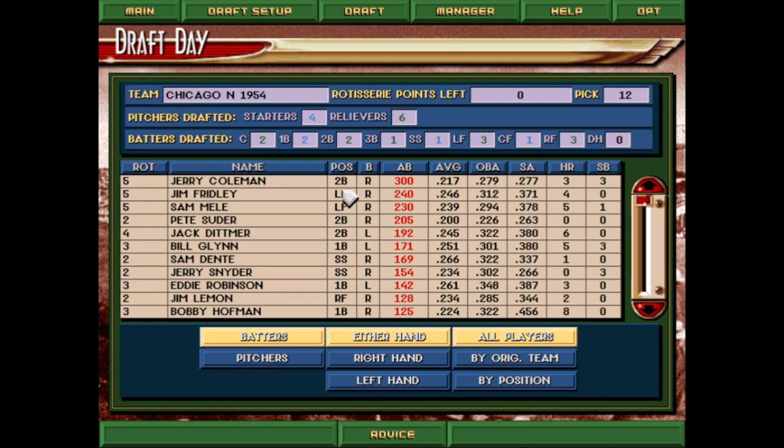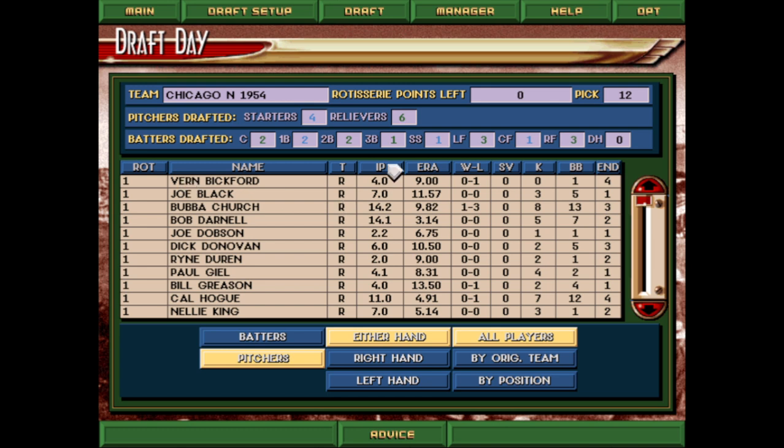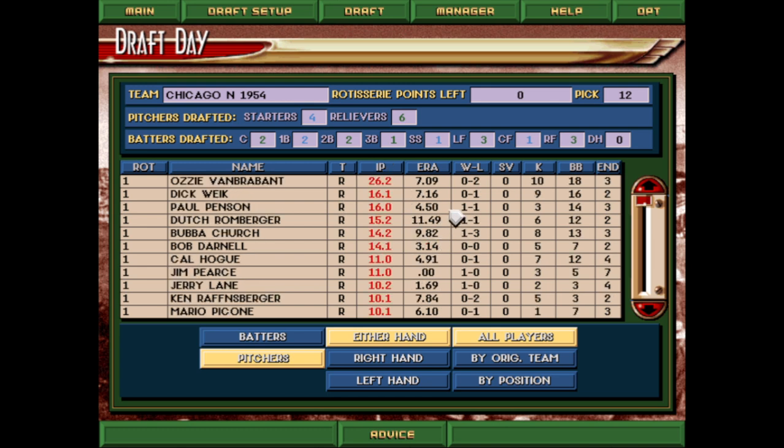So who's left? Not a lot of great options anymore on the hitting side. And Bob Serve, not bad. I'm a little bit concerned about rounding out my pitching staff though, so let's take a look here. I mean, a 4.5 ERA at this point. Bob Darnell, Jerry Lane. I'll take